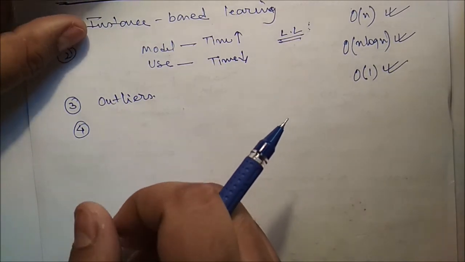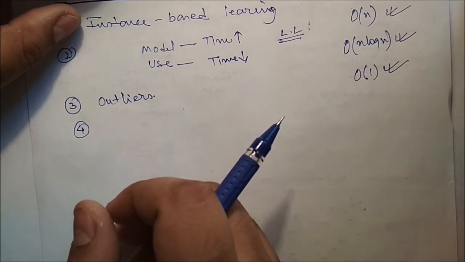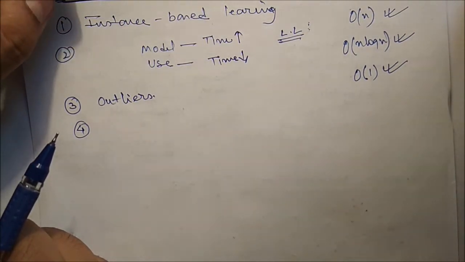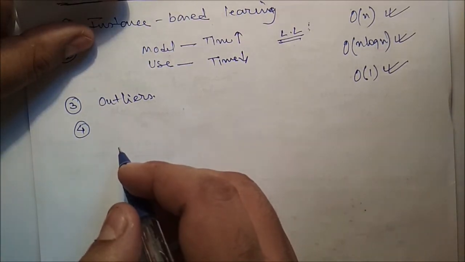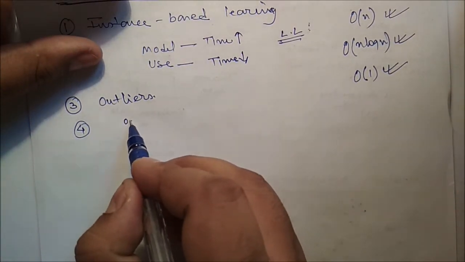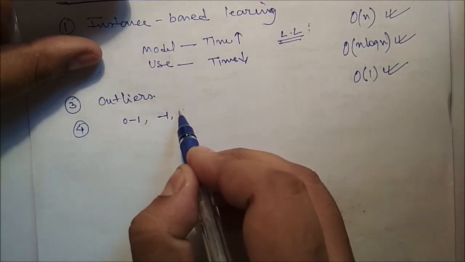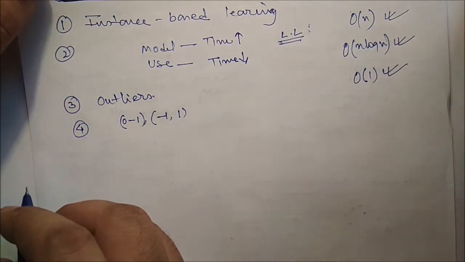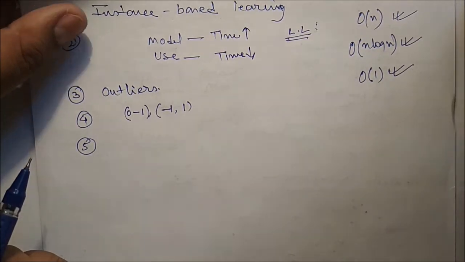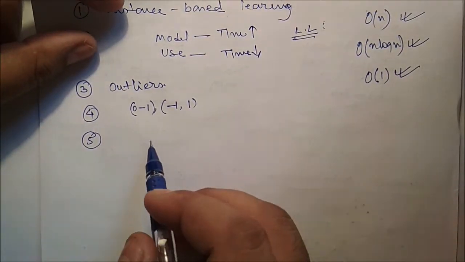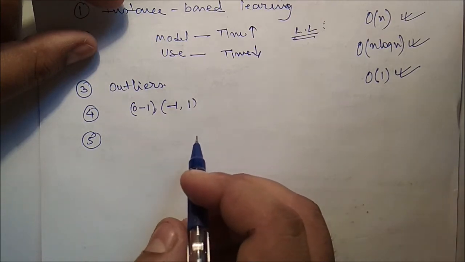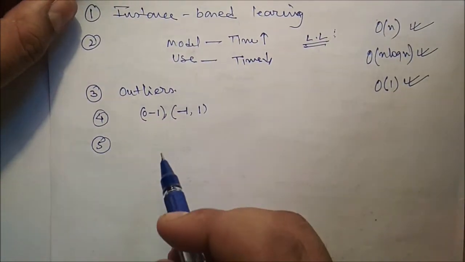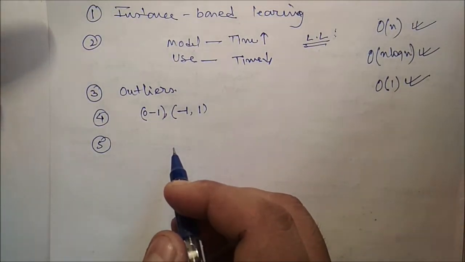Next, to know the neighbors, we calculate the distance. Here we use Euclidean distance, but you may use any distance: Euclidean, Manhattan, or Minkowski distance. We need data transformation or scaling so that all the data is between 0 and 1 or between -1 and 1, since we are using distance calculation. And finally, it supports incremental learning. It means if the data is dynamic or flows continuously, then we can also use this particular algorithm, but it is not possible in the two-stage process. So it supports incremental learning.